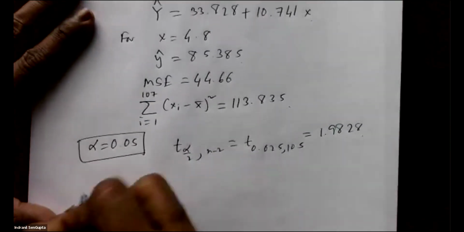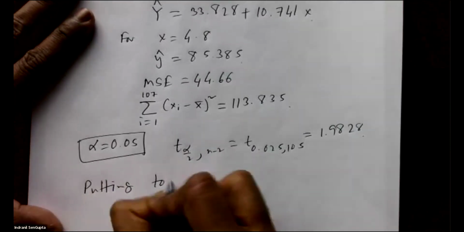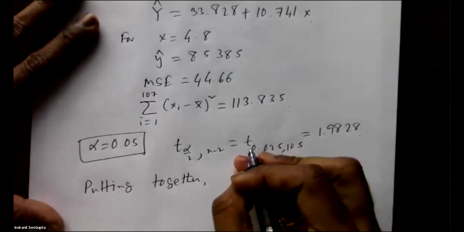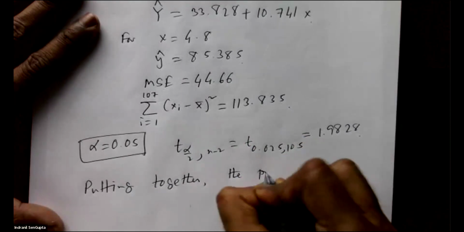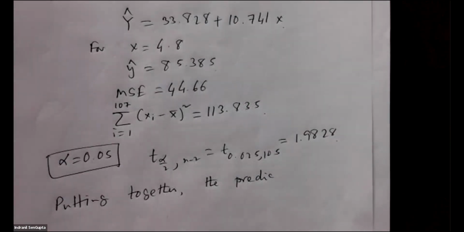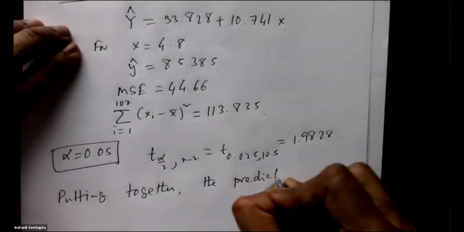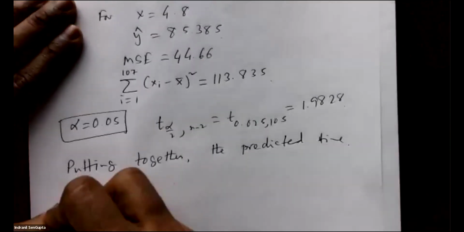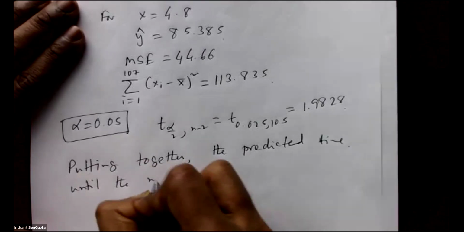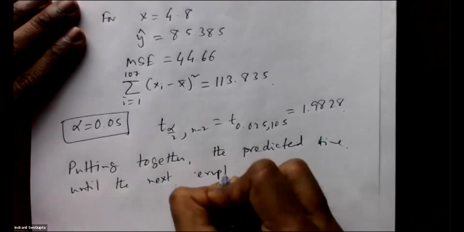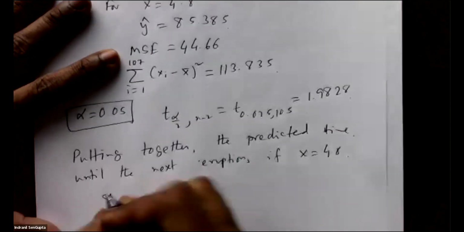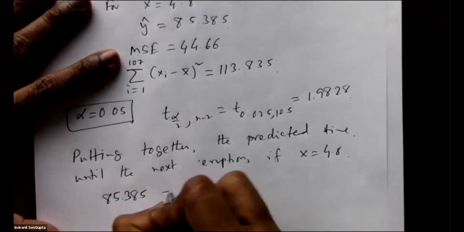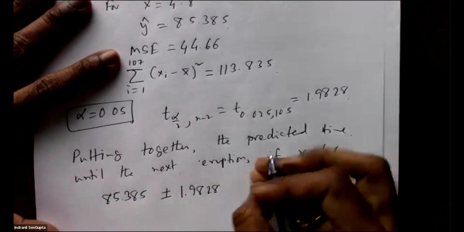So putting together, we get the predicted time. So this is the prediction part. So the predicted time until the next eruption, if x is 4.8, is given by 85.385 plus or minus 1.9828 times the square root of